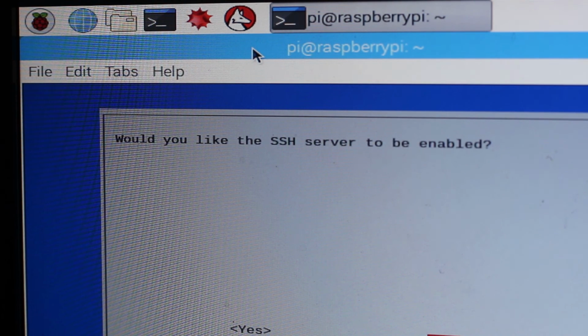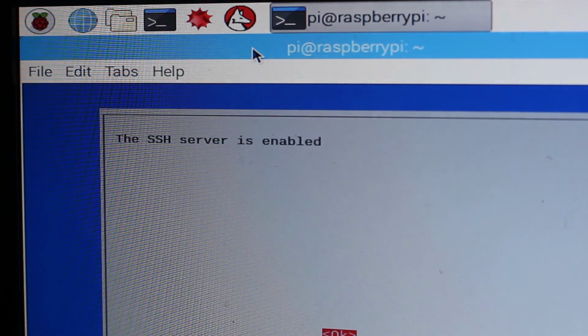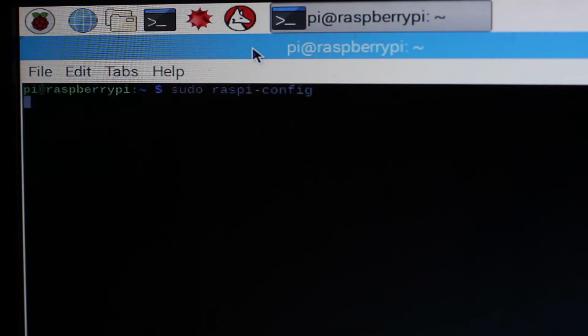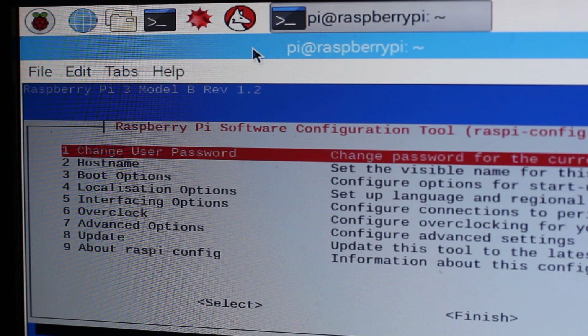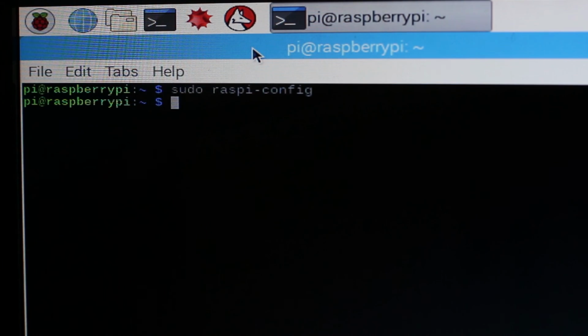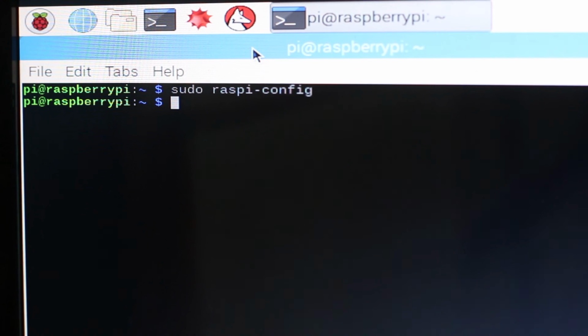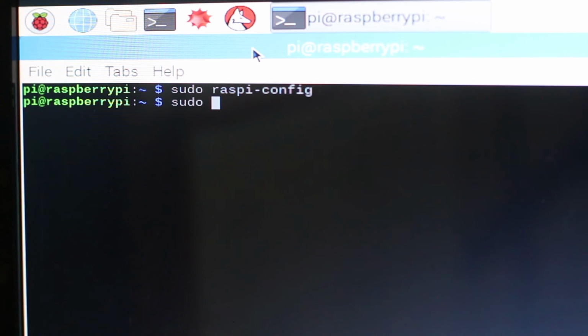Choose yes and select OK. This is going to enable the SSH. Now we need to finish the setup and reboot the Raspberry Pi device by sudo reboot -h now.